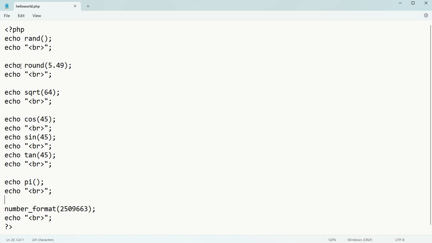Then this is nothing but round off. That means it will give you an answer as, say, 5 or something like that. Then square root, it will give you the square root of that particular number. For example, square root of 64 will be 8. This is like a mathematical function, like cos 45 and its value, sin 45 and its value, tan